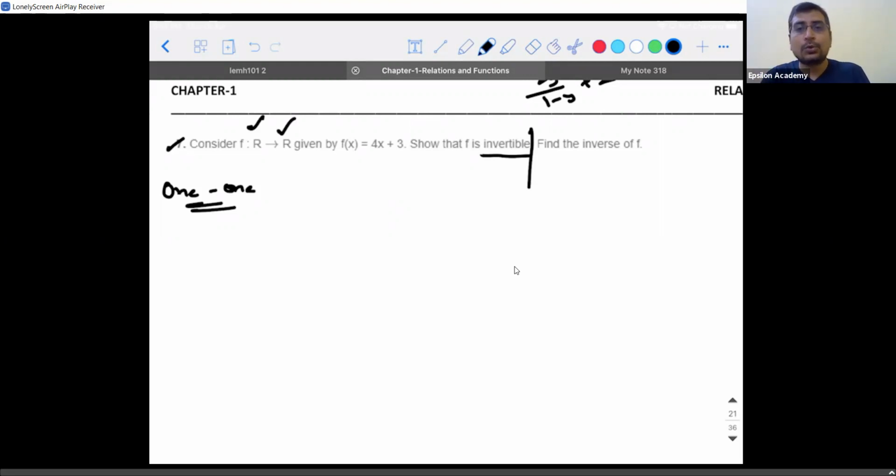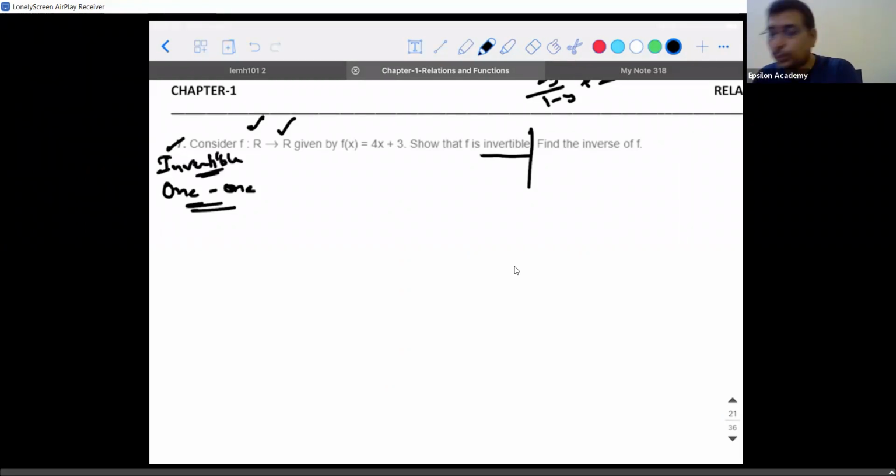If they ask you to find the inverse, that is when you need to go with the steps which I gave you. y is equal to f of x, where y belongs to set B. Then write x in terms of y. Then find f of g of x, then find g of f of x. If they come out as Ix and Iy, then those are the inverse functions of each other. That's it. I hope that is clear. Now the first process I am trying to do is to prove it is invertible.